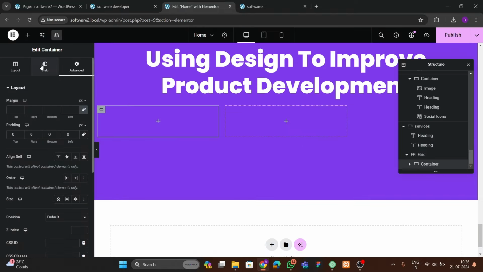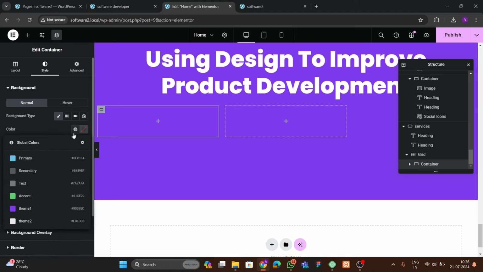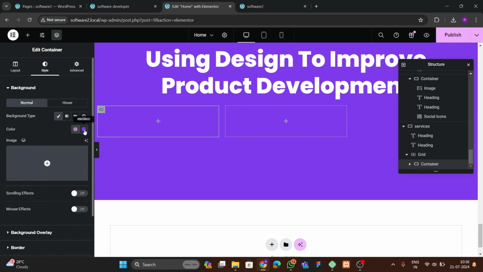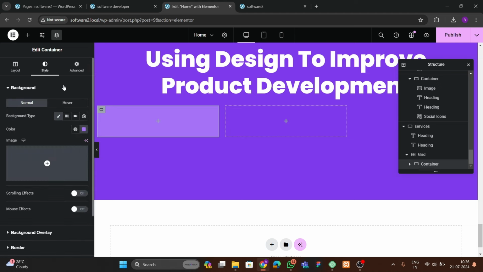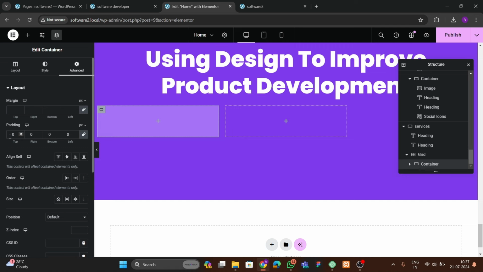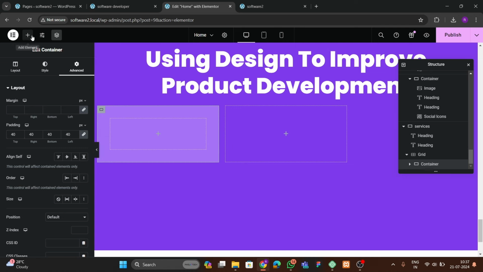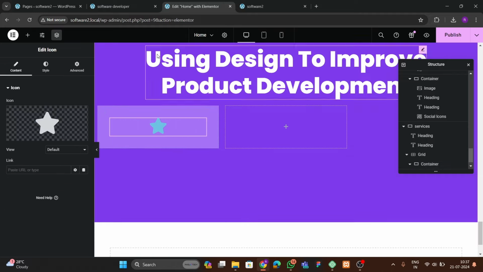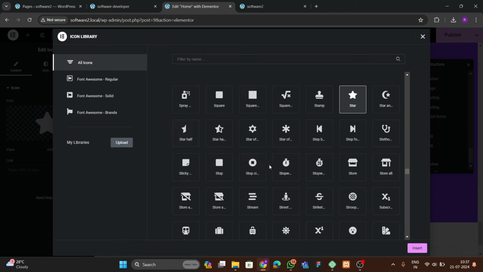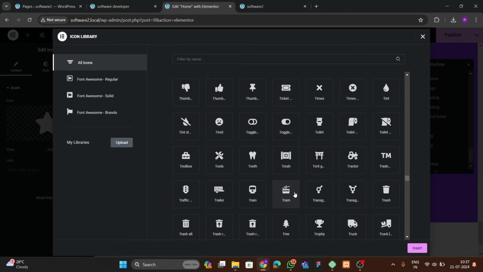So we're going to put this color. We're going to go to this, and we're going to choose this theme color, and here we're going to make this color. Okay, then after that what we can do, we can add some padding here. So let's add the padding of 40, and after that we're going to choose this icon. Okay, then after that what we can do, we can go to this, and here we're going to choose any random